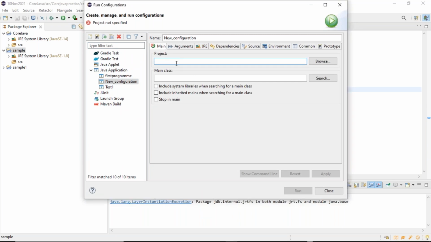Main. Core Java. What is the project name? It is the same, case sensitive. Core Java. What you have given is case sensitive. Core Java, right? Apply. Close.